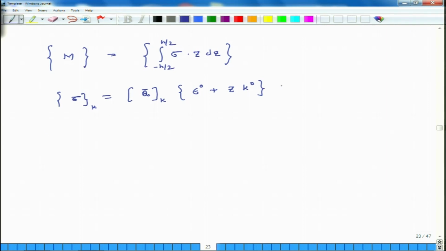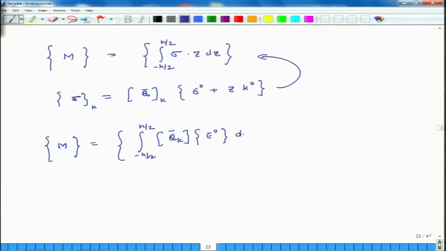So, we plug this back into this and eventually we get the moment resultant equals the integral of Q bar times epsilon naught dz plus